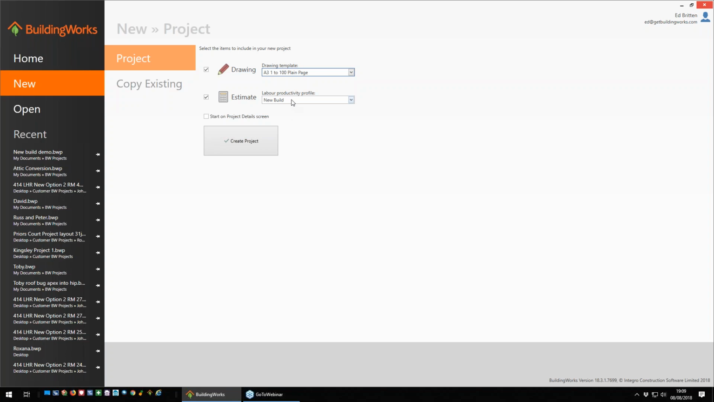Now the next thing we do, before we go into drawing, is choose our labour productivity profile, which of course affects the estimating costs. So the new build is all with standard build speeds, and then with the extension and the renovation we add construction time to certain tasks. For example, the masonry shell, we add about 15% of time, not because an extension takes much longer to lay the bricks, but because getting to the bricks to where the extension is tends to be a lot